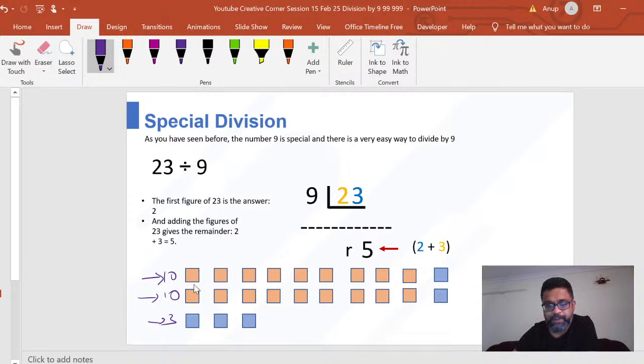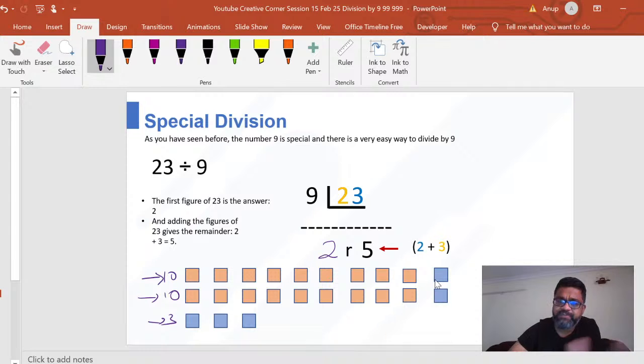Now just look at this problem, and any other number will follow the same pattern. So now I have 2 9s, so my quotient is actually 2. Now my remainder will be what? The remainder of all these digits, right? I get this by adding 2 and 3, and I'm getting 5. If you don't understand this, it's okay for the learners who are in the lower grades.